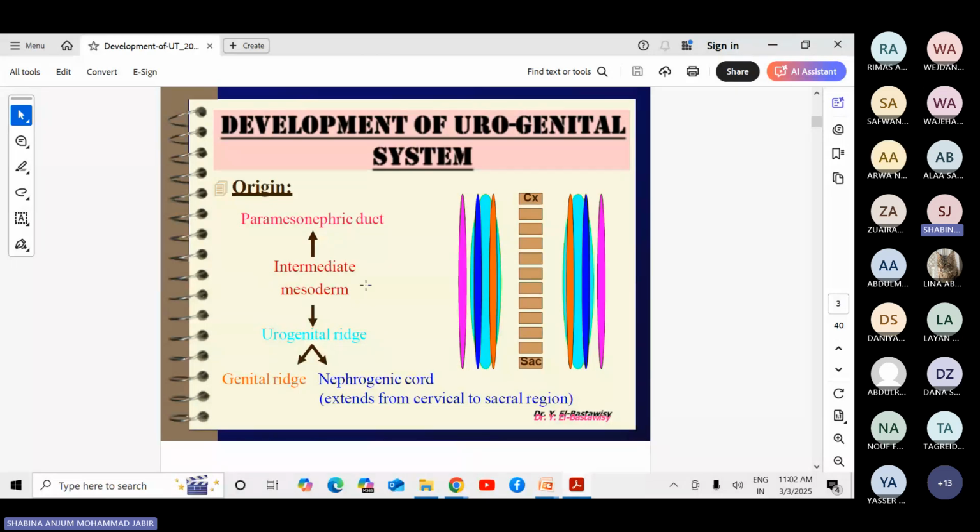So we know when the germ layers develop, we have the three germ layers: endoderm, mesoderm and ectoderm. Then the mesoderm will divide into lateral plate mesoderm and intermediate mesoderm. So this is the intermediate mesoderm, which will form paramesonephric ducts and urogenital ridge. Here we can see this whole intermediate mesoderm, which is extending from the